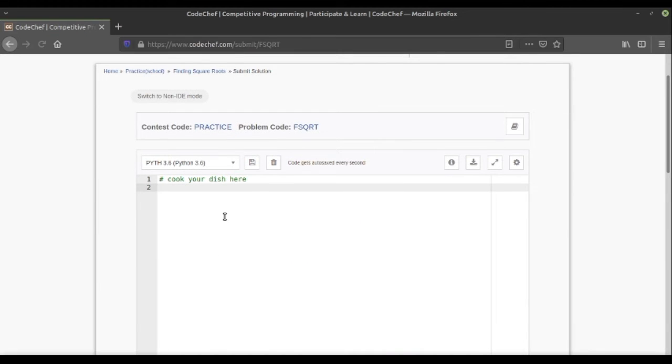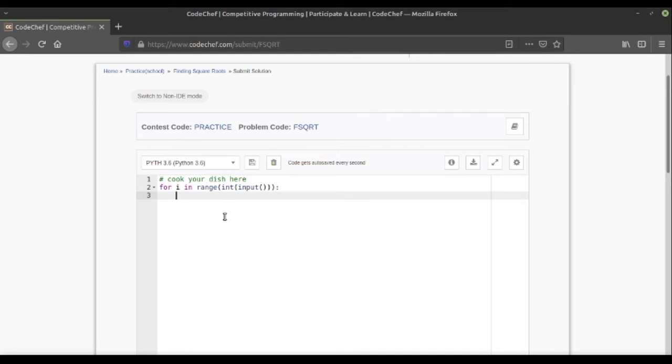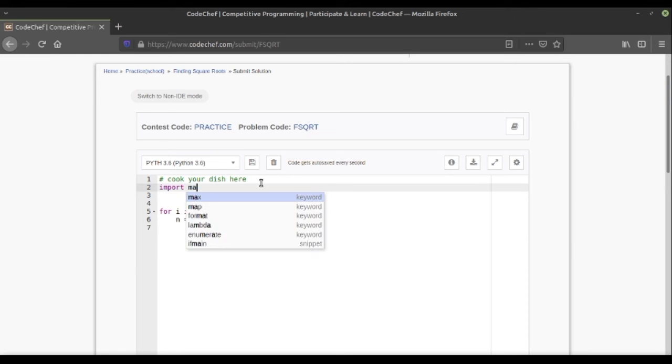First of all there are three test cases. So for i in range integer input, and then we have to take the n value as input, and then we have to import a module called math in Python to use the mathematic functions.